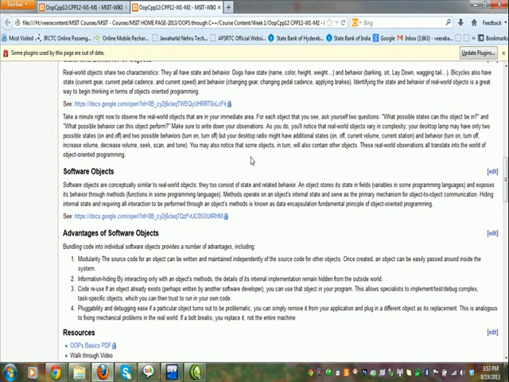So simply you can say an object is a collection of states and actions. Actions can be behaviors. So one object may have many activities, many actions, many behaviors, right? So for example, if you can take